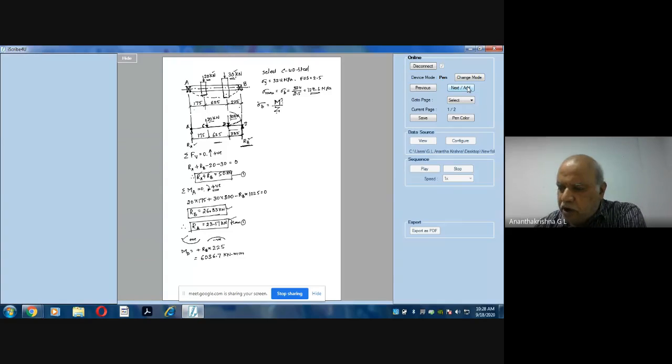Now come to point C. To the left of the section I consider, because I have only one force, that is RA. So this RA is trying to push the beam up in upward direction. Correct? It is trying to push the beam up in this direction. So therefore it is a positive bending moment. Again, therefore, bending moment about C is equal to plus RA into, what is the distance? 175.